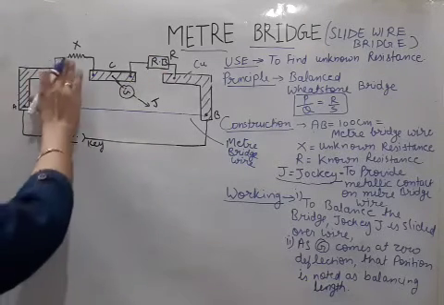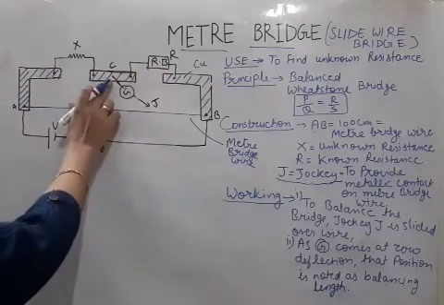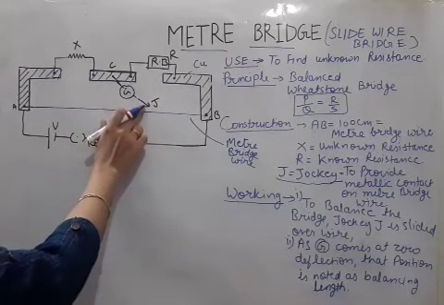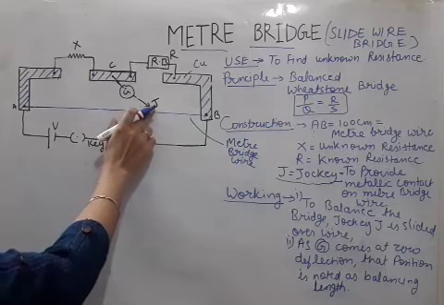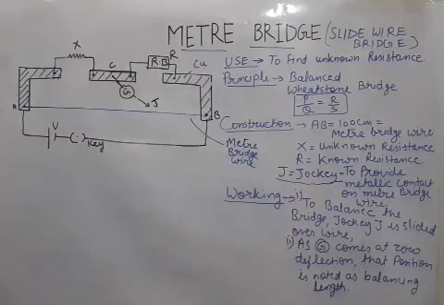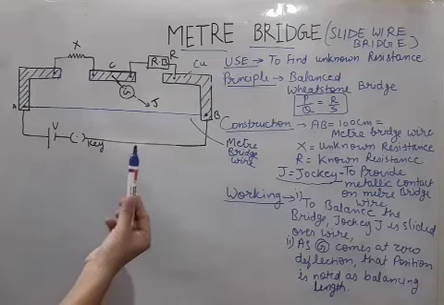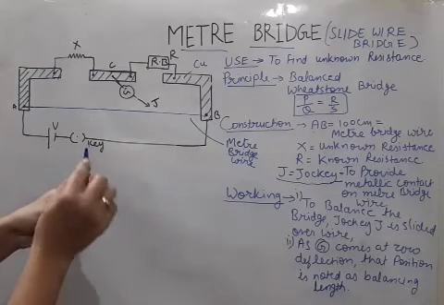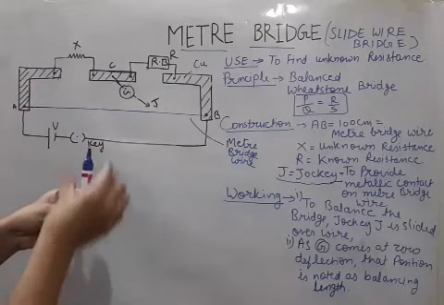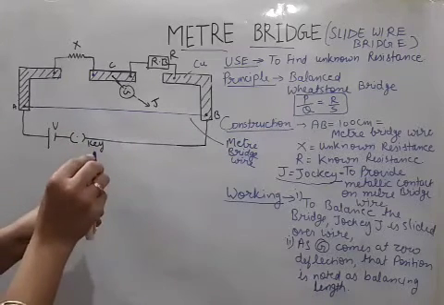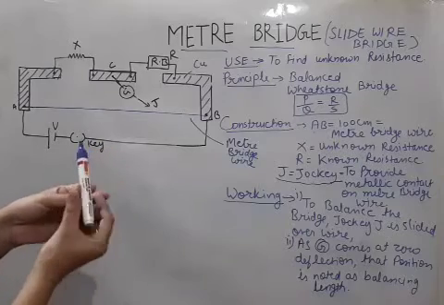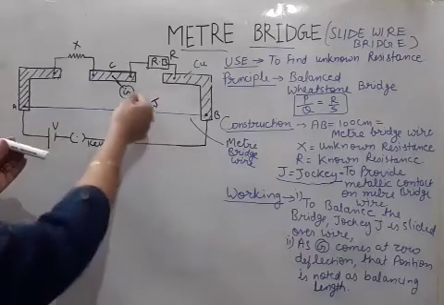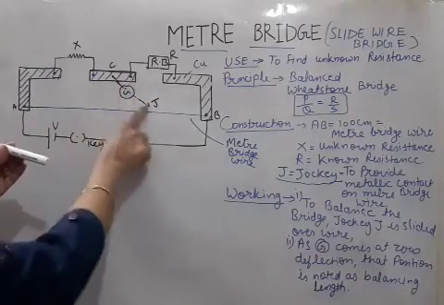So unknown, known. Now the next thing is that one galvanometer is connected with a new term for you, the jockey. Now what is the jockey, I'll tell you. The jockey is a pen kind of thing. It should have a sharp edge here, and this edge of the jockey is metallic. We can hold this jockey like this. Here the wire is connected with the galvanometer. So this wire is initially open.